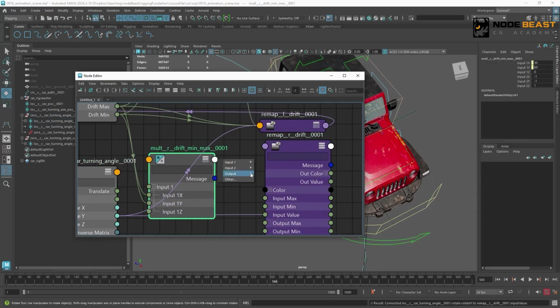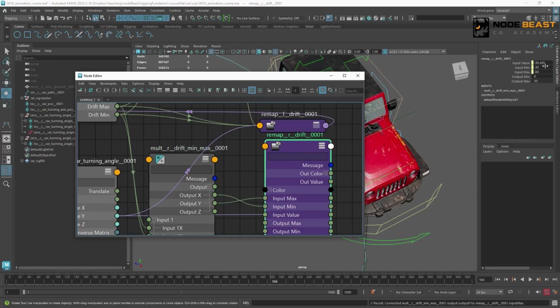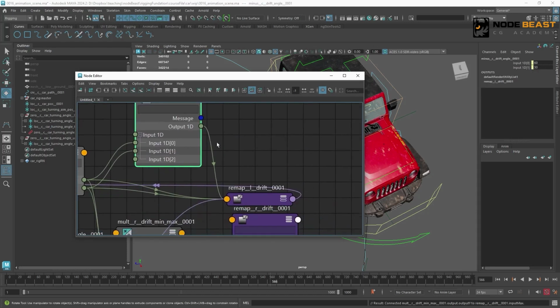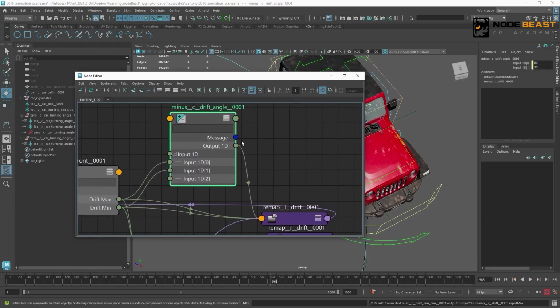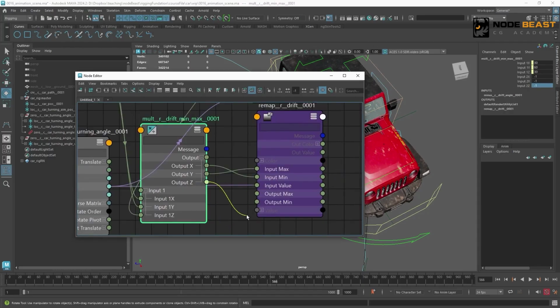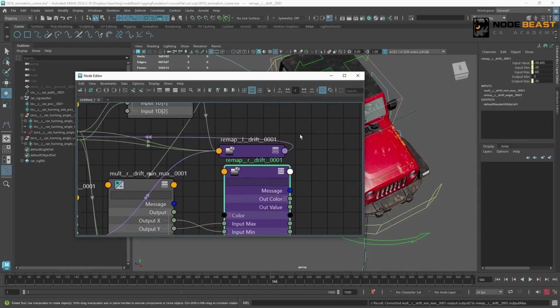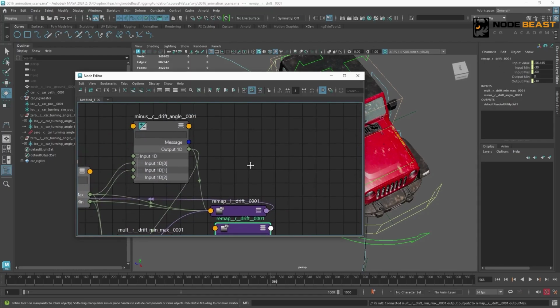The next is output x. That is -30 as input min, and -60 as input max. Then here it's also from 0 to the value we just subtracted. But likewise, we need to multiply by -1. Connect this multiply result to output max. This way, see, it's a drifting effect in completely the opposite direction.